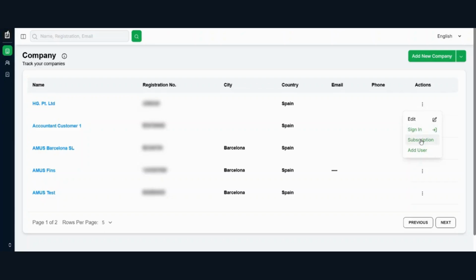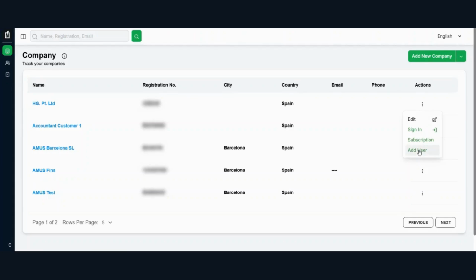And if you want to change your plan, then simply you go here and change your plan. And if you want to give access to any user, okay, simply you have to create your user from here. If you want to give your invoicing portal access to any user in your company, simply you can click here, add a new user, and you can give the access to that person.